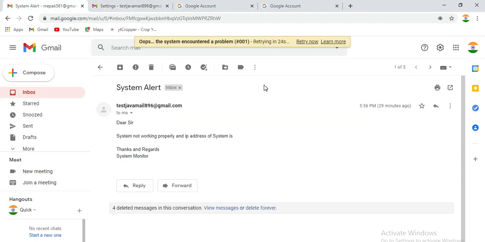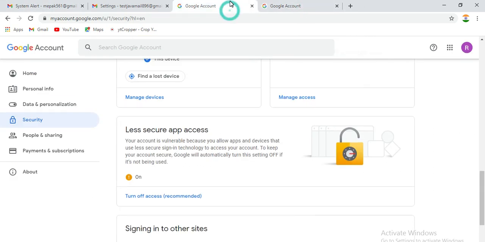Hope you have learned a lot, and you know what the SMTP protocol is, how the port number is used, and what the login process is. So I think you have learned a lot.